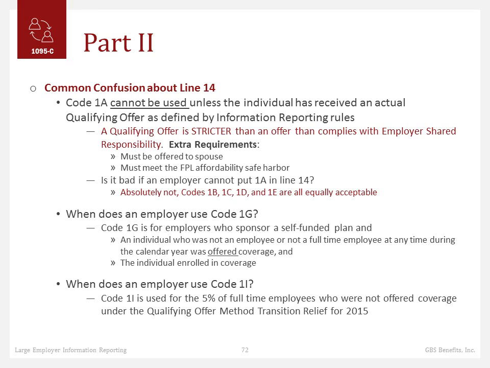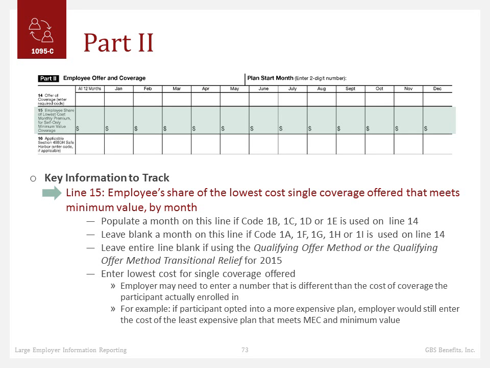When does an employer use code 1I? Code 1I is used for the 5% of full-time employees who are not offered coverage under the qualifying offer method transitional relief. Well, it could be for all of them, but anyway, that's what you use that code for. And then 1H, of course, which I don't have listed here, is no offer of coverage. So line 15,